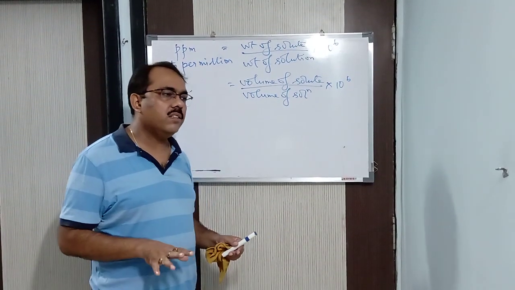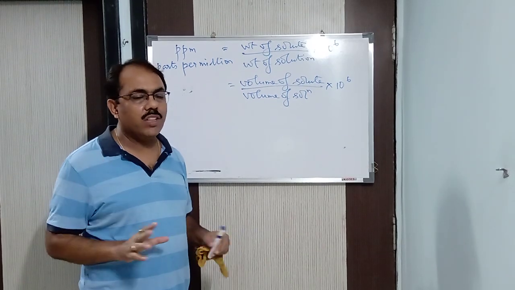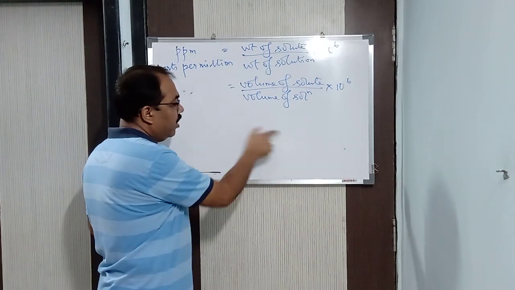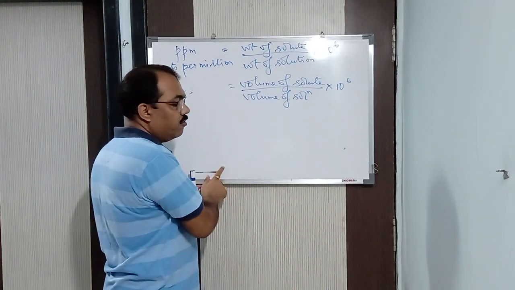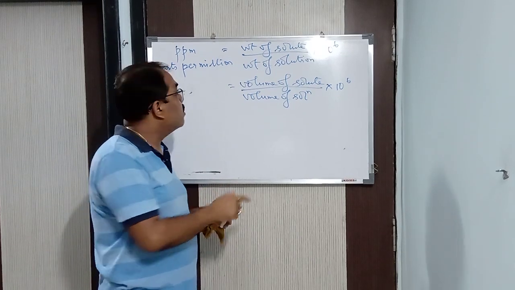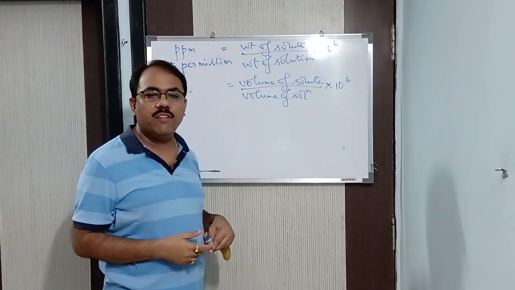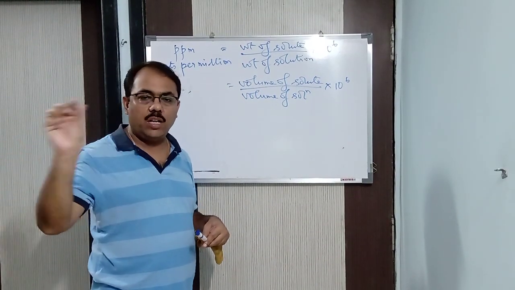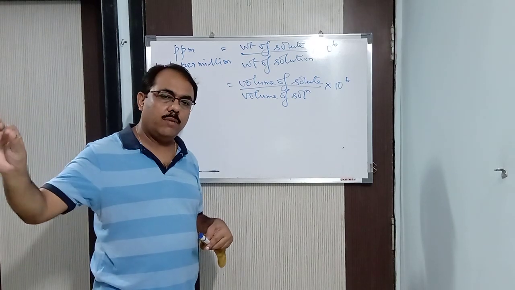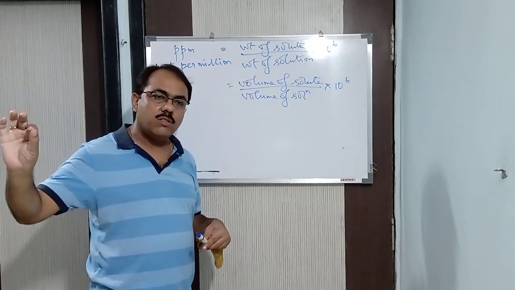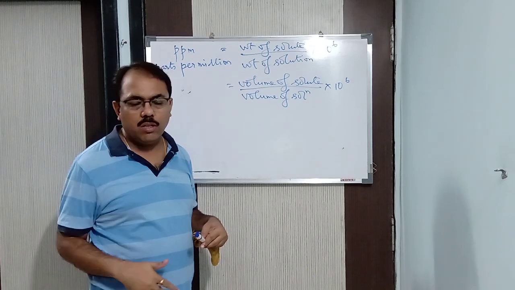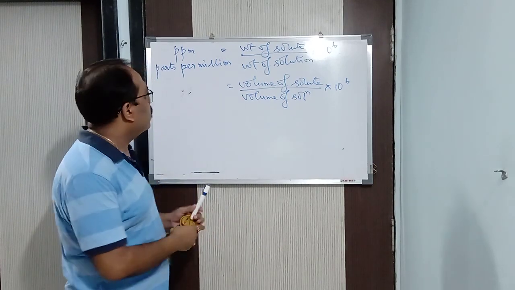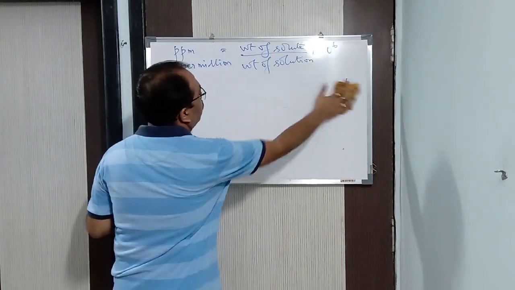So basically for that reason, in NDTV, if you might have seen the weather report, there you might have seen a bar graph they are showing. On the y-axis you will find they have written ppm, or ppb or ppt. When they are measuring the pollutant level in different cities, today in Chennai how much is there, what is the pollutant level in Kolkata, how much is there in Delhi, how much is there in Mumbai, they measure it, they compare it, or different cities of the world also they do it. So in this way we measure the pollutant level. So there we use this particular one. So now this is your ppm that I told you.